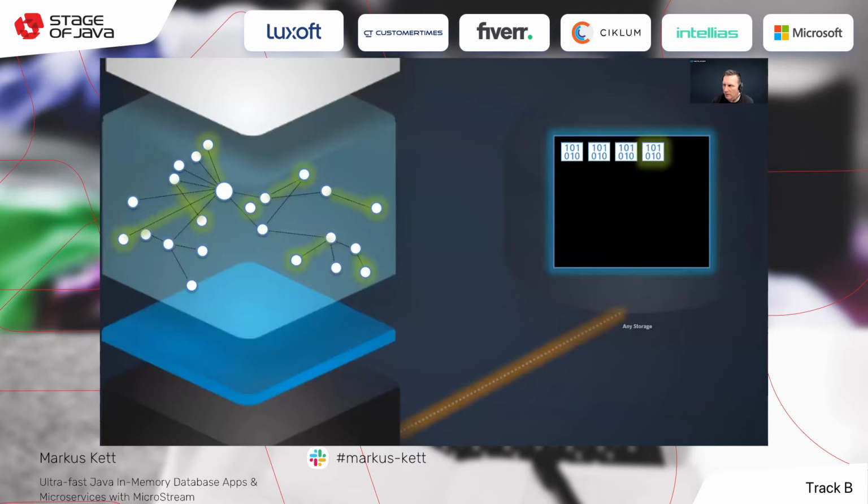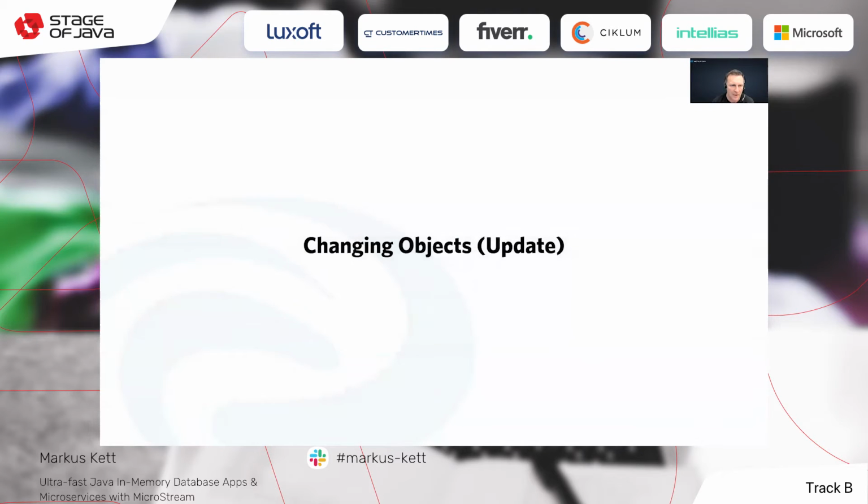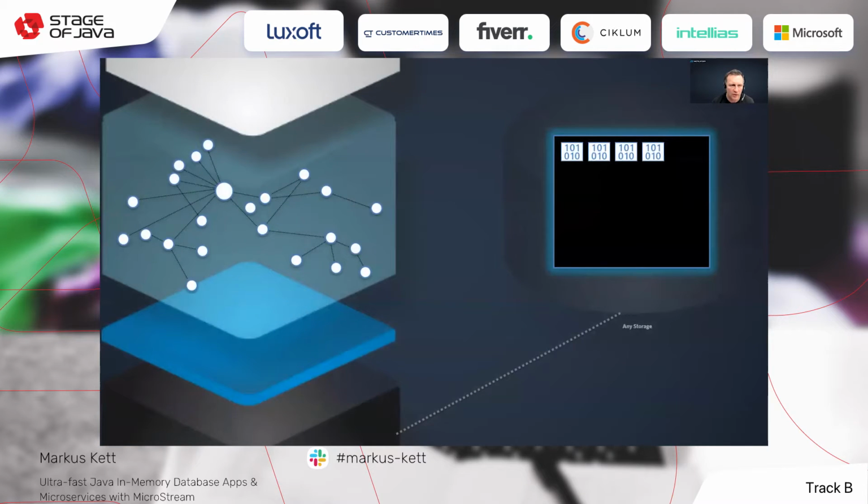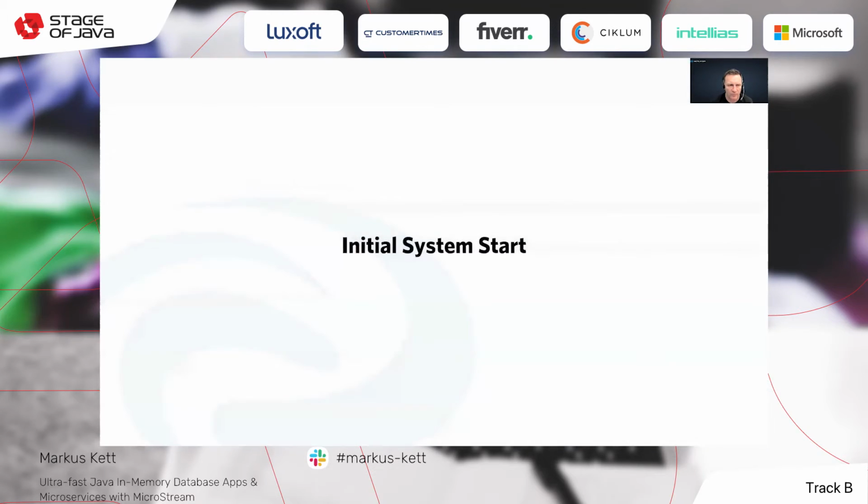So this is really simple. We never overwrite data in a file storage. If you want to change some objects, you can do that anytime. You change the objects in memory, and then you call the store method. And here as well, a new binary is stored, appended to your file storage. So if you create a new object, or if you change an object, the store method will write a binary file appended to your file storage.